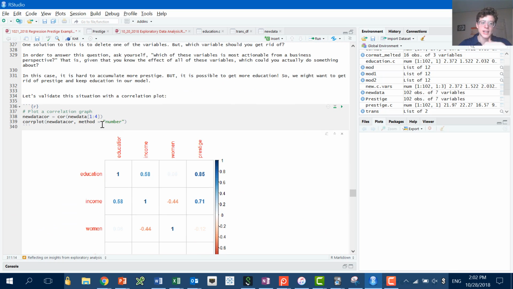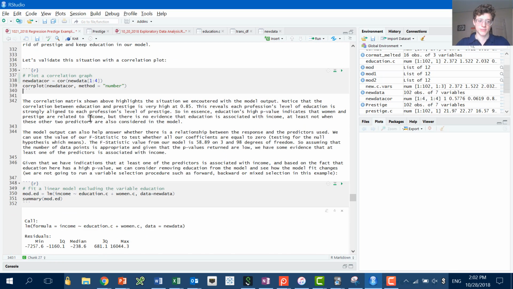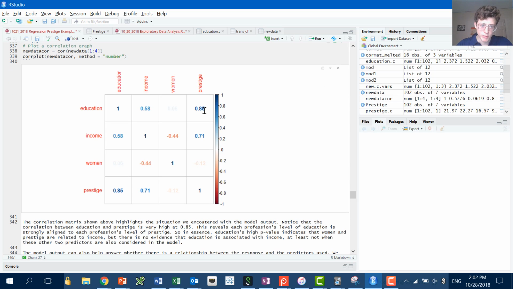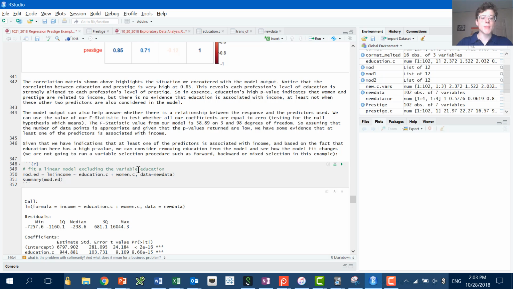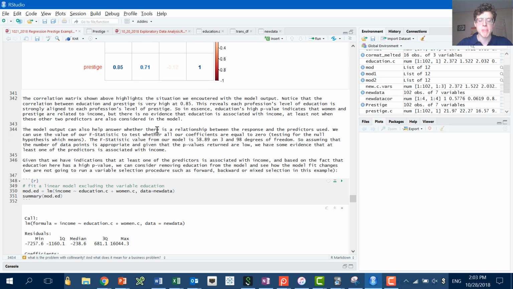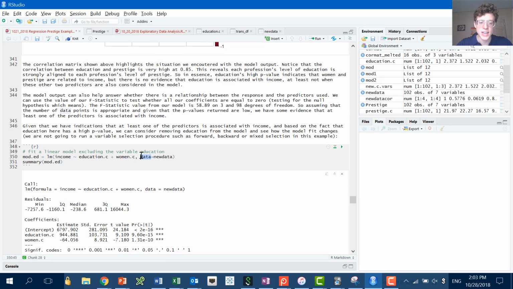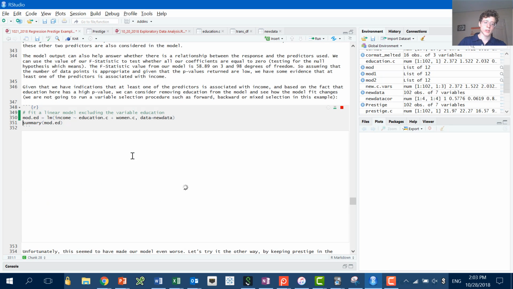So let's try again, and we can see how they're correlated here. So look, prestige and education are very highly correlated, meaning that if you add these two, one will cover the effects of the other. So I'm going to actually use education in this model because education is more actionable than prestige. I don't really know how to make my job more prestigious, except by telling you how awesome it is, but I know I can get more education if I need to. I can go back to school. So let's just create that model now.